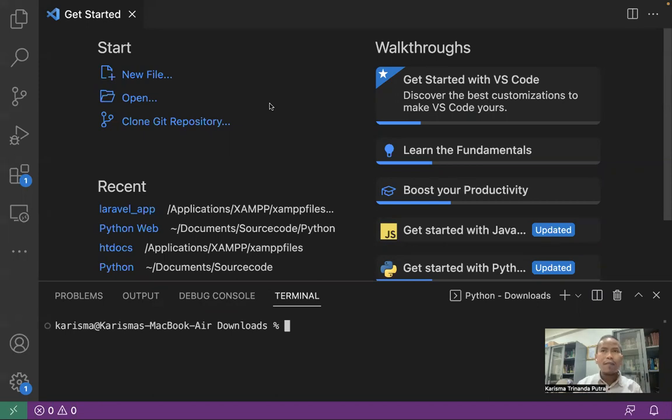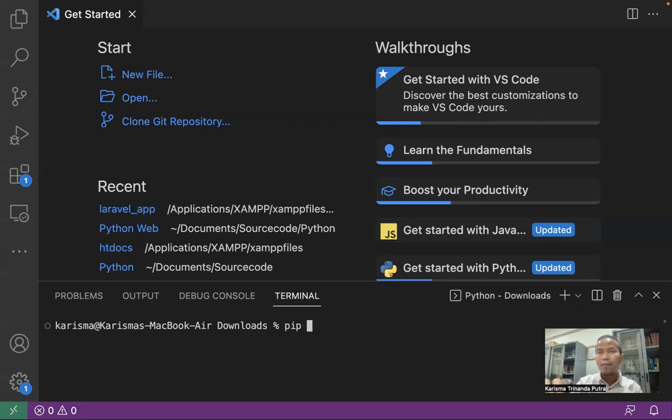PIP is a command for easily installing other library plugins for our Python environment. That's why we need PIP. So after we have PIP, in our next project, we need to install